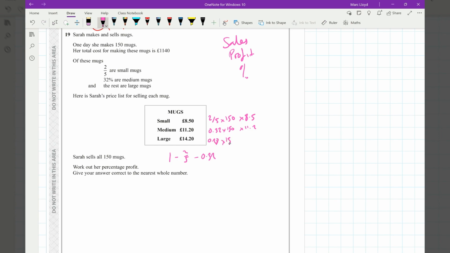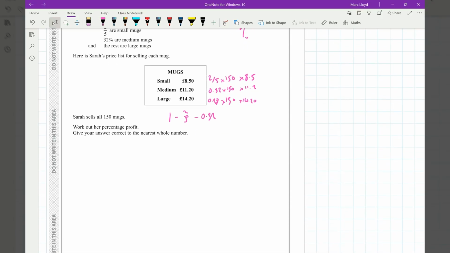So 0.28 times by 150 times by 14.20. Okay, I'll do that big one first. 0.28 answer. Times by 150 times by 14.2. So for large, we've got 596.40. For the medium, 0.32 times by 150 times by 11.2,